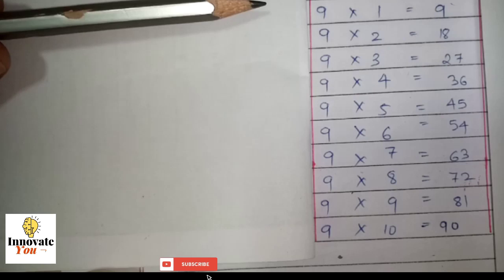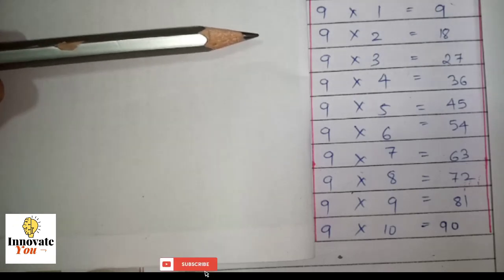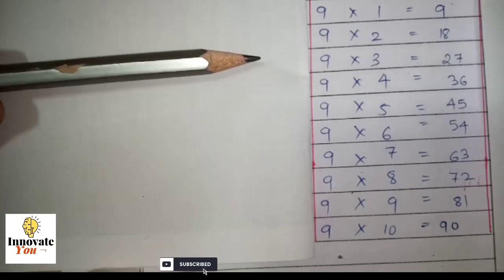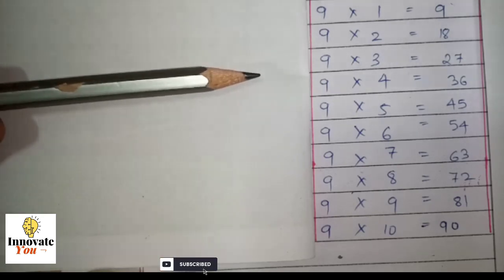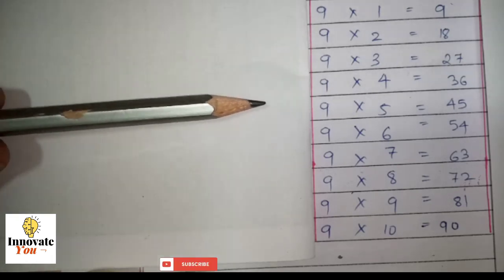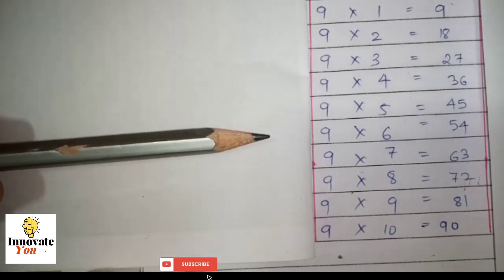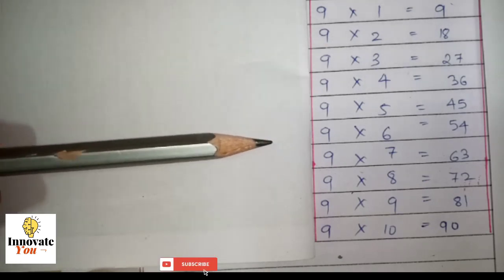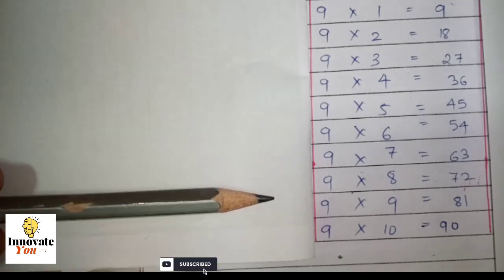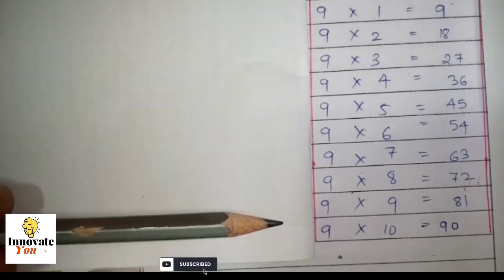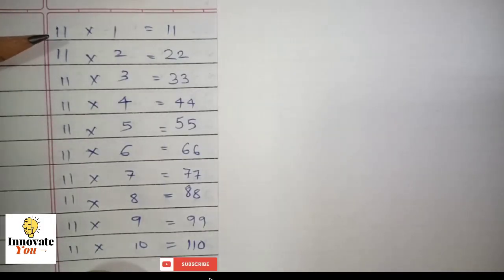9 ones are 9, 9 twos are 18, 9 threes are 27, 9 fours are 36, 9 fives are 45, 9 sixes are 54, 9 sevens are 63, 9 eights are 72, 9 nines are 81 and 9 tens are 90. Now 11 ones are 11, 11 twos are 22, 11 threes are 33, 11 fours are 44, 11 fives